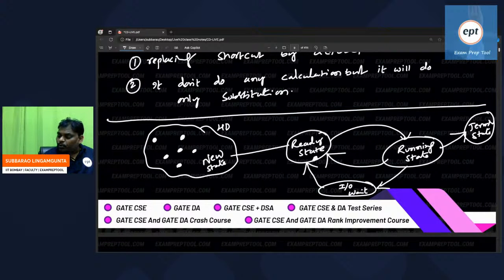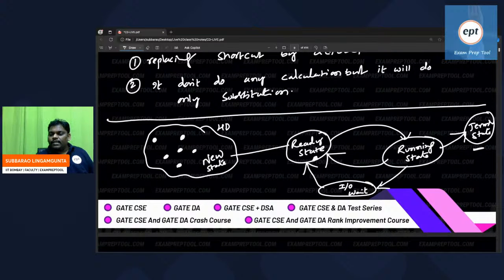Next one. Suppose a high priority process is running. Unfortunately, some input is required, but the keyboard is not available. Or some output is required, meaning a printer, but the printer is not available. So the CPU says, some input is required and unfortunately the user is not giving it, can you wait there? That is called the IO wait state. After the input is given, the IO wait process can go to the ready state. Once again it is ready, once again the CPU says come. So it keeps going until termination happens. You need not write this diagram.